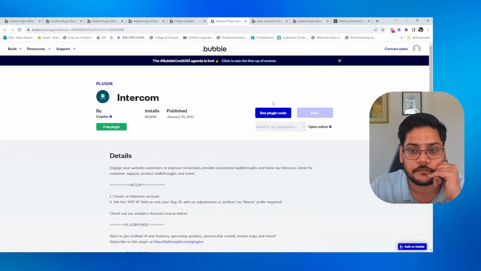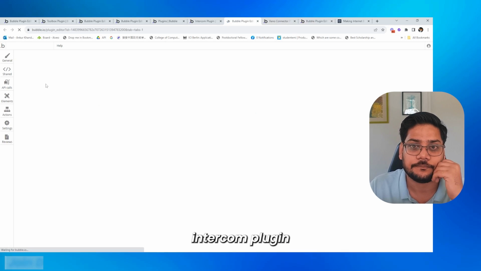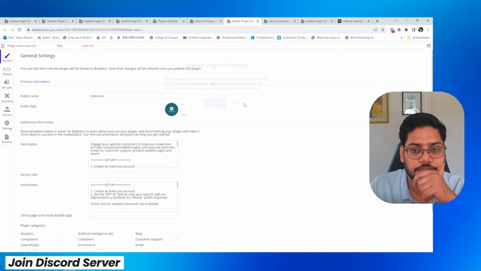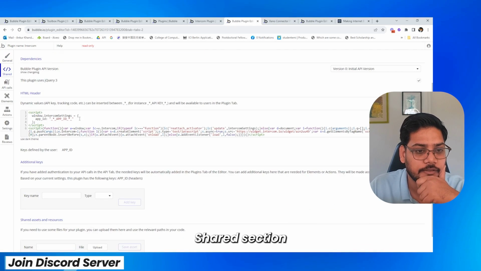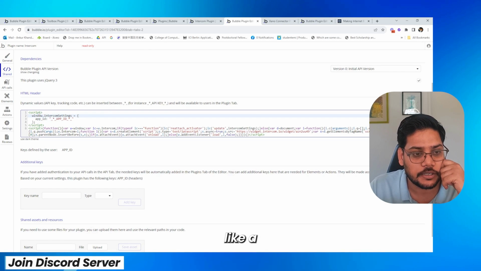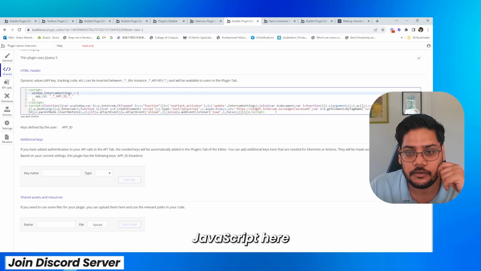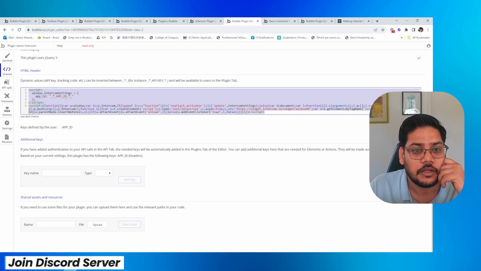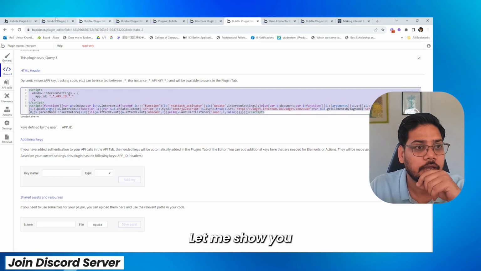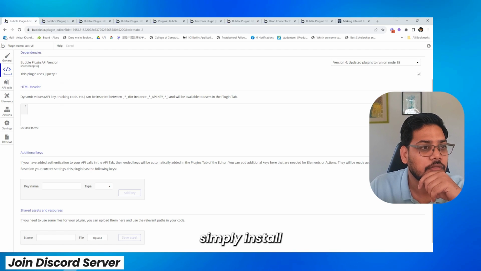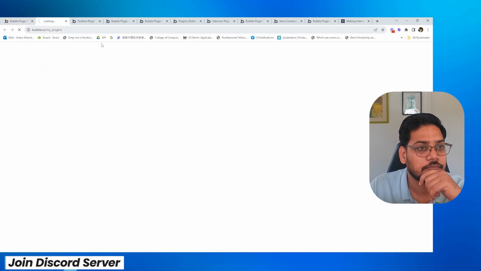I think, yeah, if you see the intercom plugin and go to the shared section, you can see they have provided a JavaScript, pasted here in the HTML header, and anyone can install this plugin. Let me show you. If I just simply install this plugin,